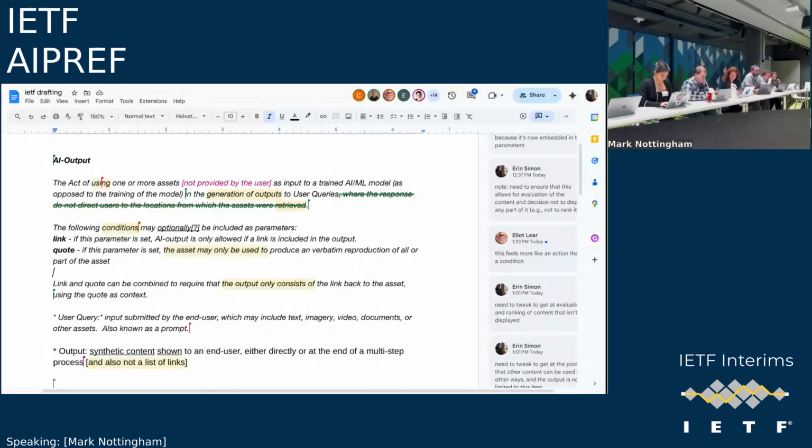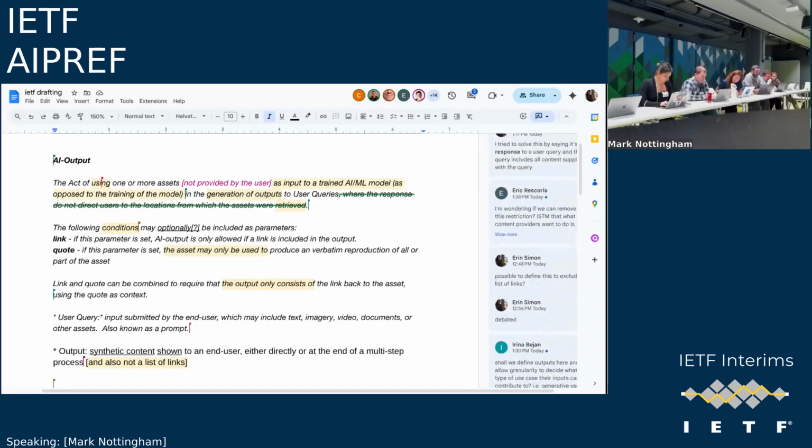So I guess, and maybe I'm misreading this, I would see the first section of this being the top level control, and then the conditions that are stated below ones that a publisher could potentially additionally apply. Is that right?